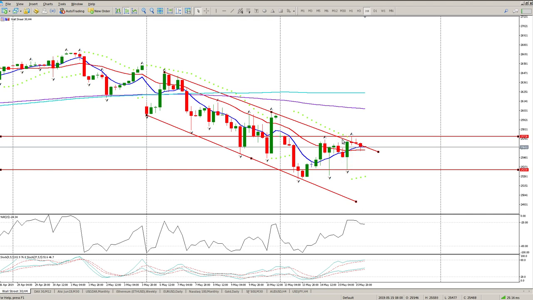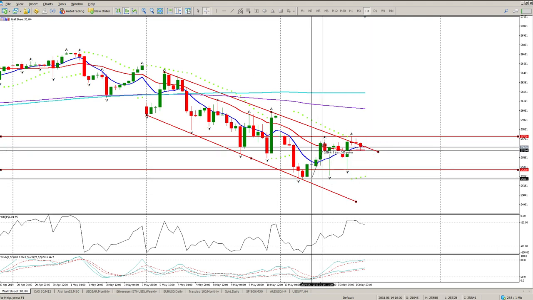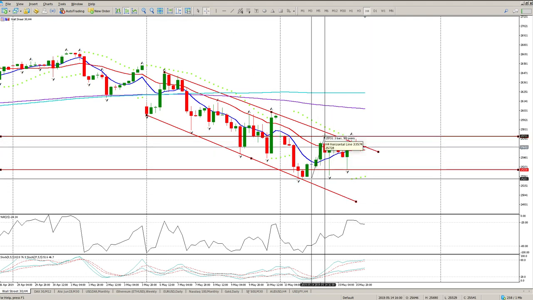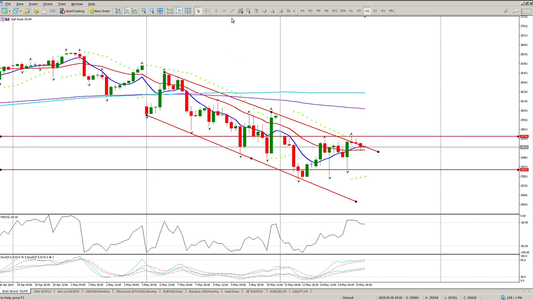Okay, so we're looking for a break pretty much above 25,728 or 25,730. We can get a break and a close above that level. We have a fairly decent cup and handle, which is a 500-point trade. So we just line this up